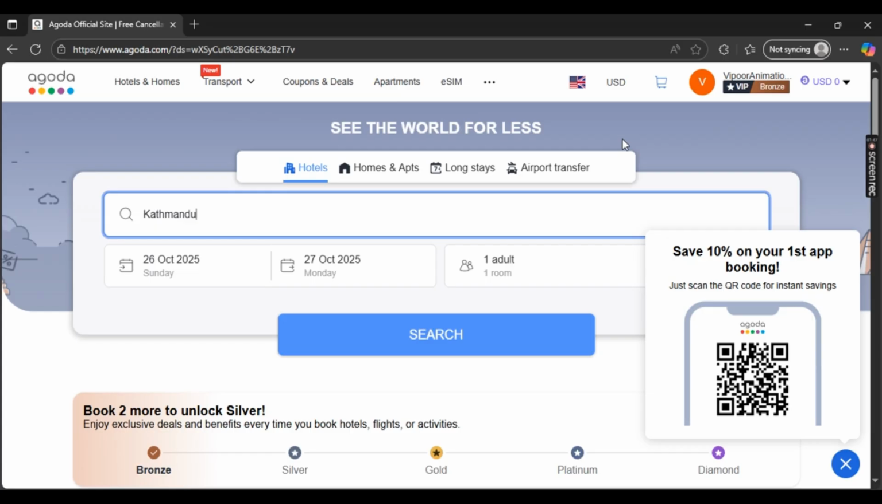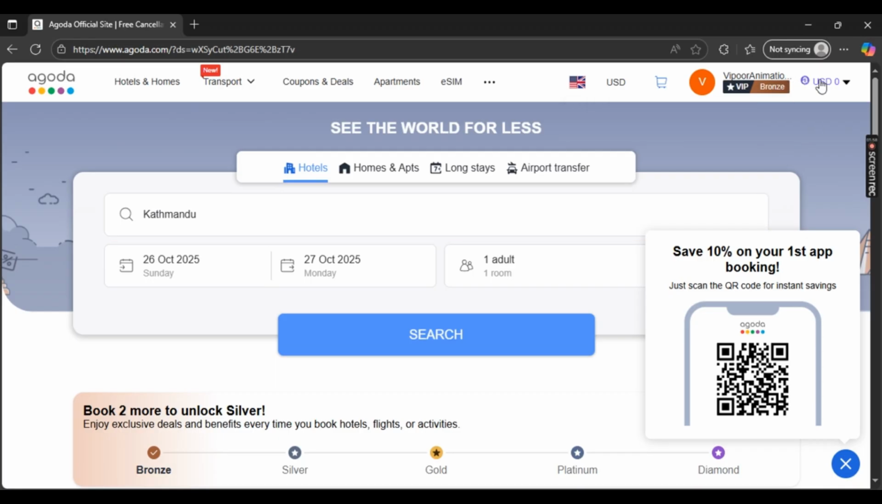On the top right side, you should be seeing your profile right here. If you don't see it, you need to log in. We have also created a video on how to do it, so make sure to watch it. Once you have done that, simply select this top right icon, and here